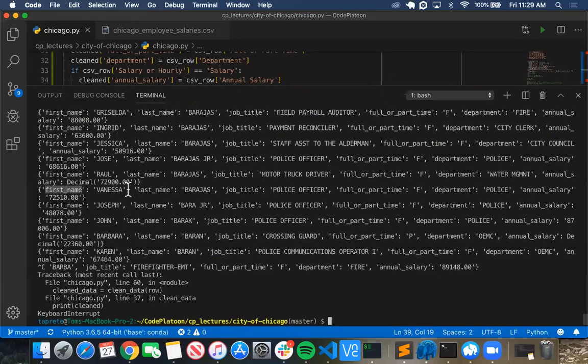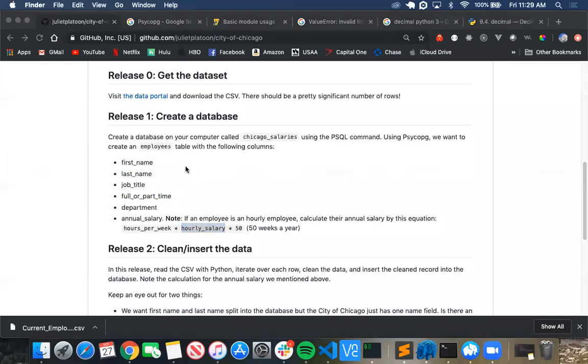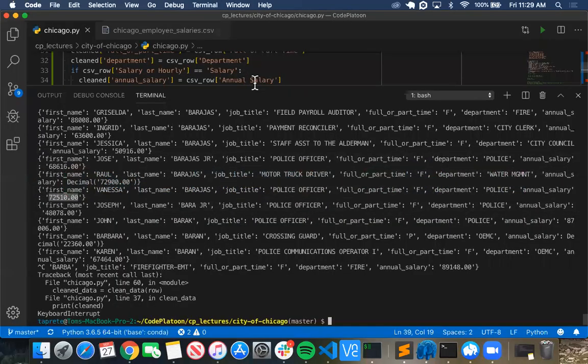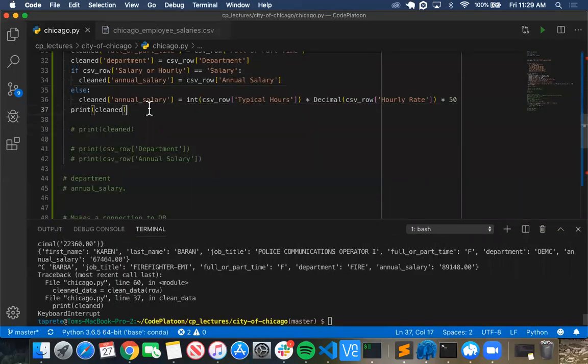First name, last name, police officer, and they're all strings, full-time, department string, annual salary. Still a string. Let's see if we can find the type of this. Type,